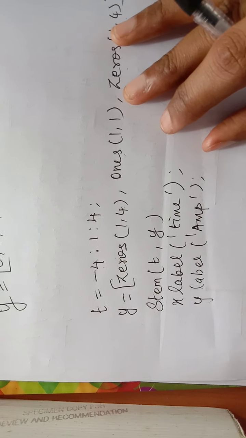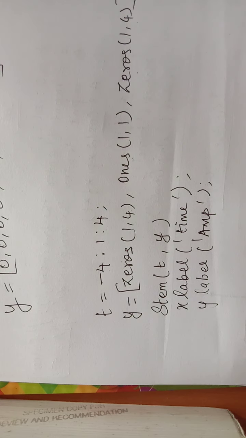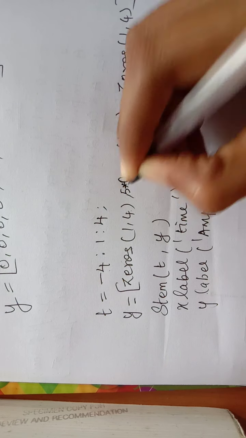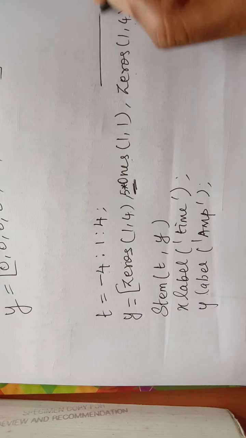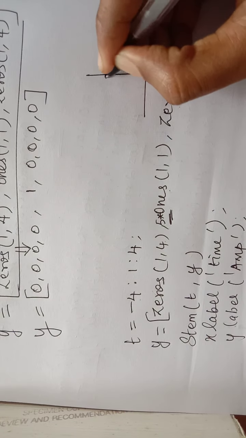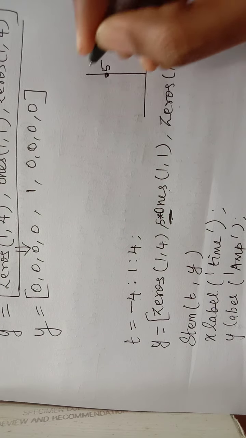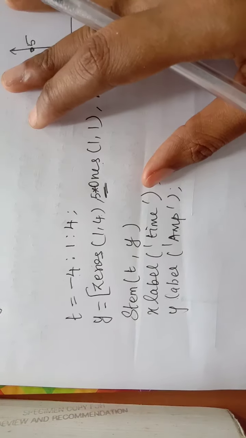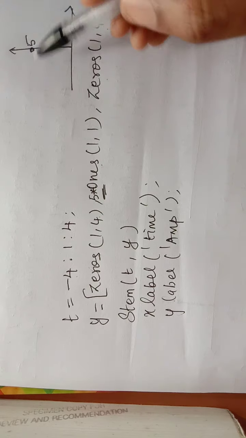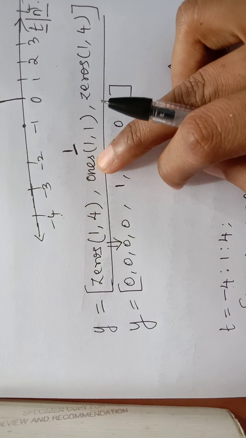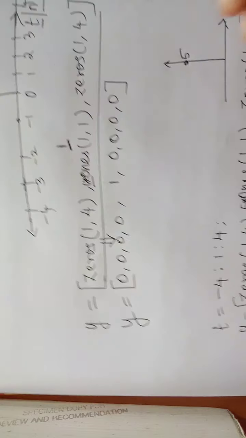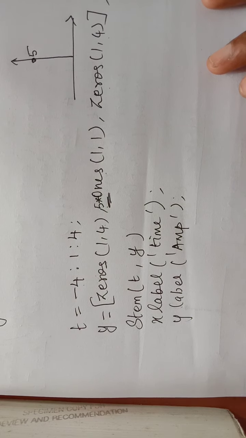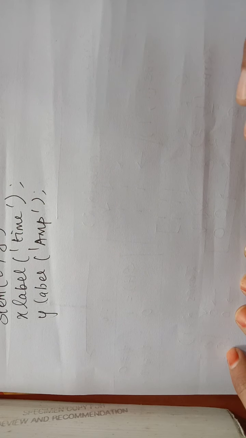Now I need to generate an impulse function of amplitude 5. In this case, after generating ones, I can multiply with an amplitude 5, so that I will get an amplitude 5 at the origin for this impulse, while in the other impulse I will get 1. That is the difference between having this 5 and this 1, which is nothing but 1 into 1. Okay, so this is how to write an impulse program.